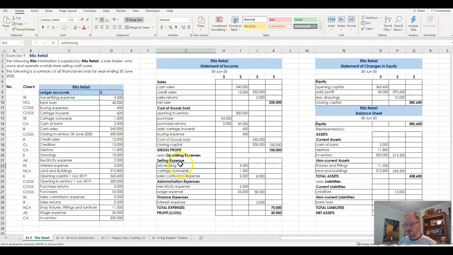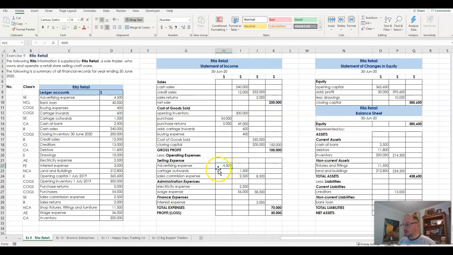There it is, got advertising back again. I would have selected both these cells, advertising expense and 450,000, Control C, selected where I want it to go down here. And now I've got that 450 there. If I deleted that, if that wasn't there, I've got this 450 here, which I can grab the green, when